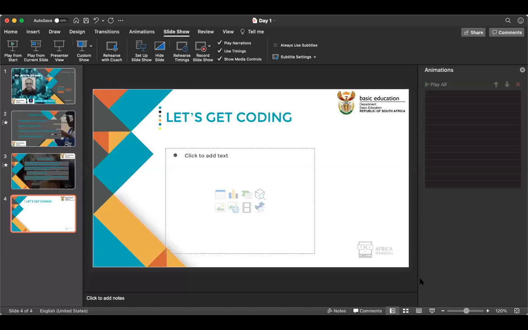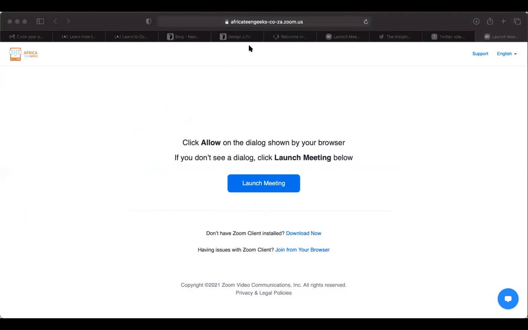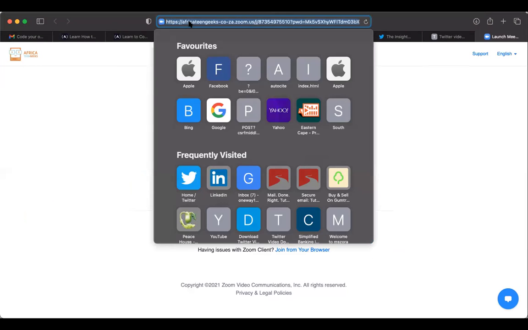What we are going to do is log into the software that we are going to use. We are using a software called Mzora.